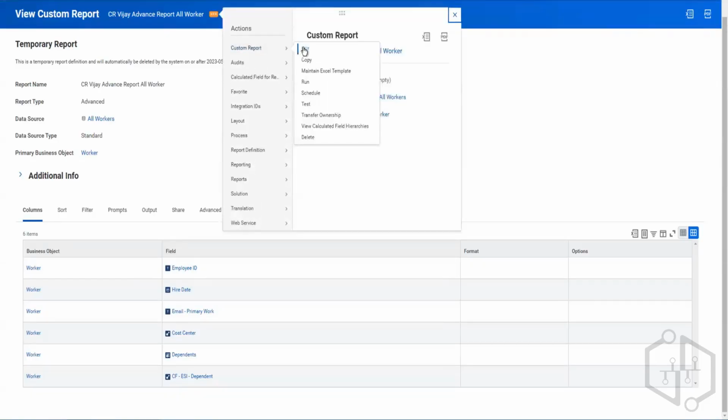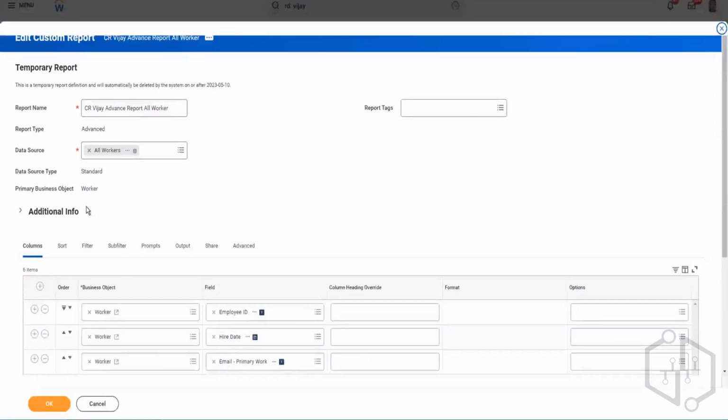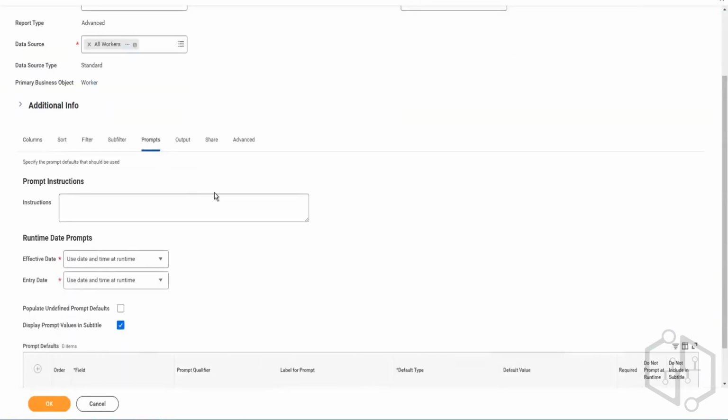Move to the filters and subfilters tab. Prompts concept, you would know a little, but if not, then I'll probably start from scratch. So a prompt is something where you are allowing the user to put in parameters on the run, before the runtime or while they're running the report, or when we are running the report. At that moment, you're allowing the end user, whether it could be a system or a human user,